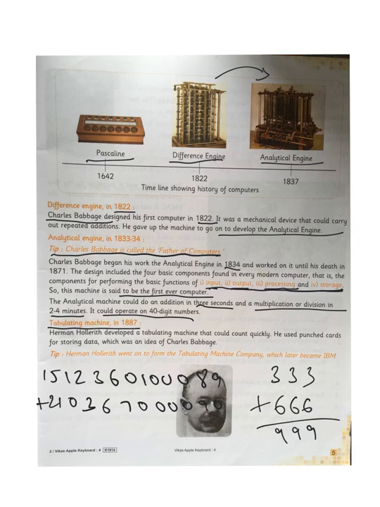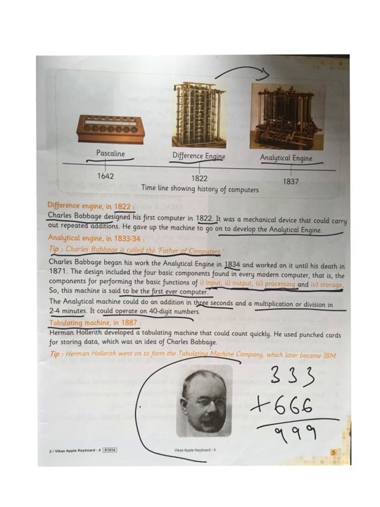After that came the tabulating machine, which was built by this man whose picture you can see on the screen, Hermann Hollerith. He built the tabulating machine which could use punch cards, like we have ATM cards. When we go to the ATM machine and put that card inside, and if we have money in our account, we can withdraw the money from the ATM machine. Similarly, he used punch cards to give information to the computers and print information on it.